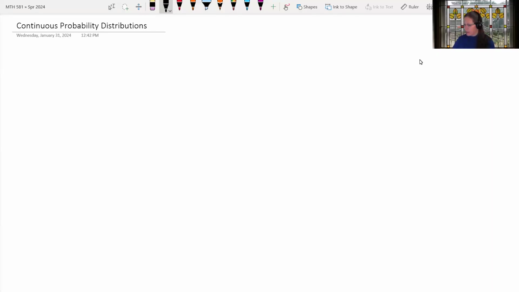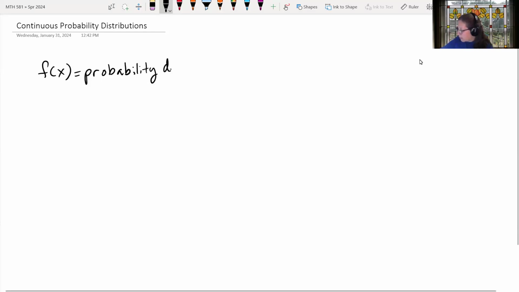We're going to look at continuous probability. And first, we're going to start with just kind of looking at a picture. And we'll start with function notation, or f of x, which is going to be our probability density function, or PDF for short. And that PDF, that function, is going to help us find the probability, but it's not